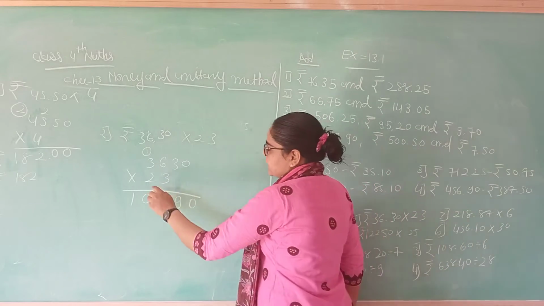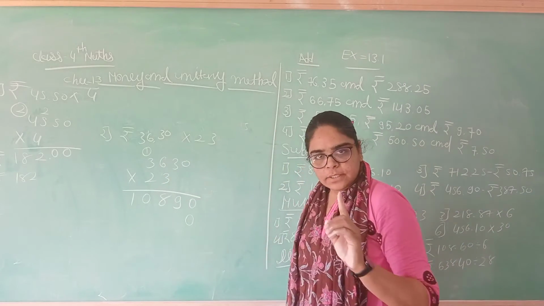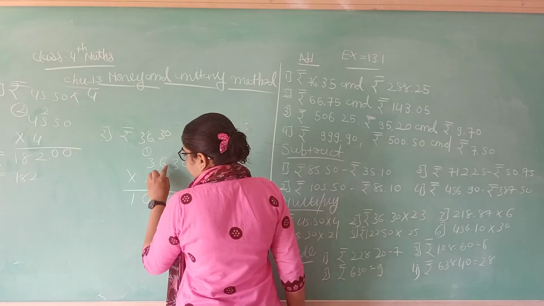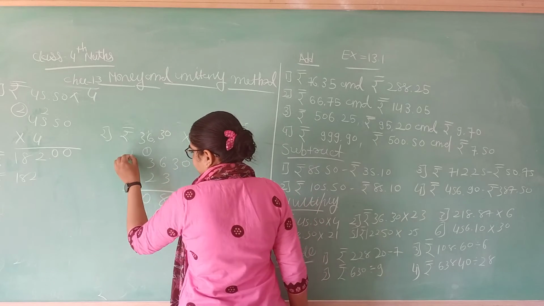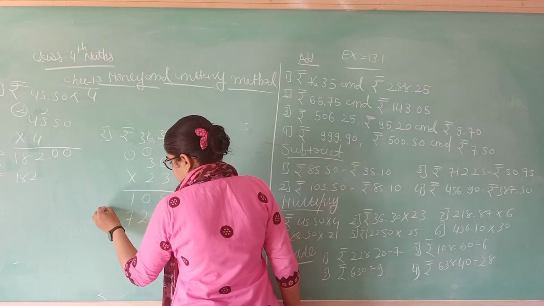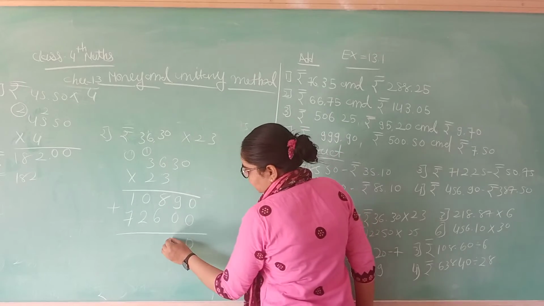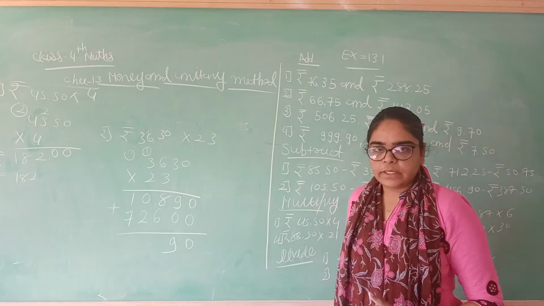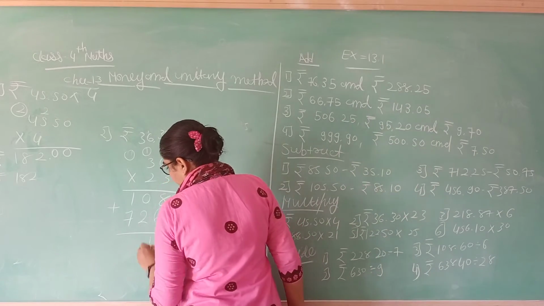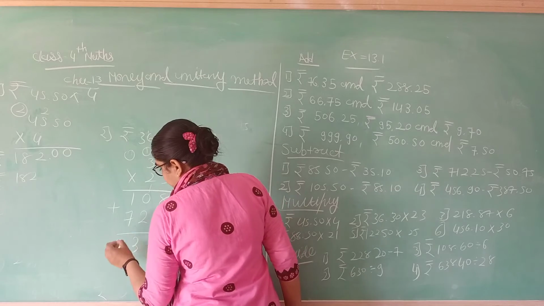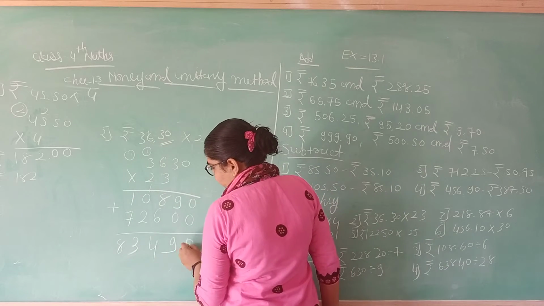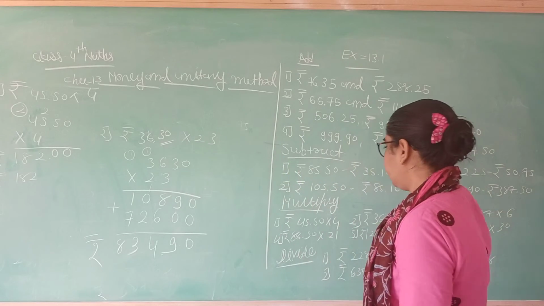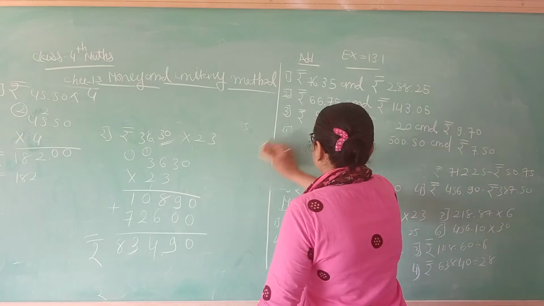Okay, here 2 digits are there. Then first put here a zero. Then after that 2 zeros are 0, 2 3s are 6, 2 6s are 12. Put here 1 carry over. 2 3s are 6 plus 1, 7. 0, 9, 8 plus 6, 14. 4 here, 1 carry over. 3 and 8. How many decimal points? 2, 1 and 2. Your answer is 834.90. Okay. Then next, third one.